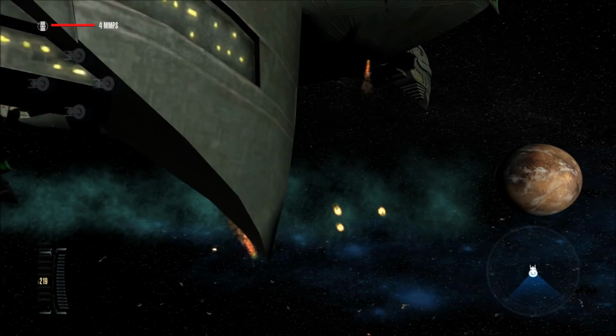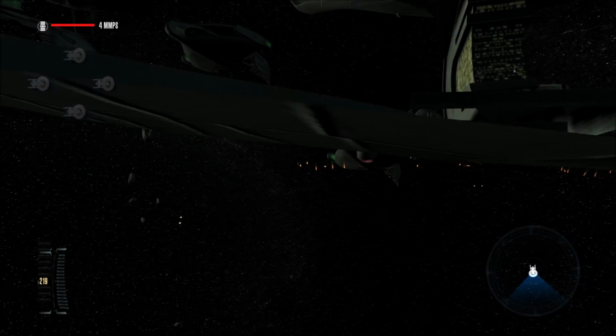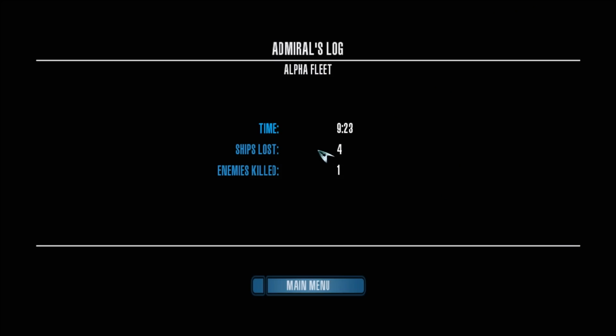But our explosion didn't even take out any vessels, no secondary explosions. That took under 10 minutes. We lost our entire fleet, including our 4 command ships. We destroyed 1 vessel. And who knows, that could have been one of the vessels that caused a chain reaction early on, or I think we destroyed another one later on. Maybe that was the one that counted. I'm not sure. The point is we lost,